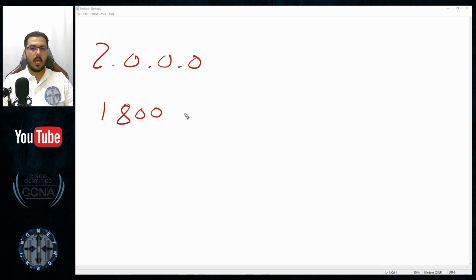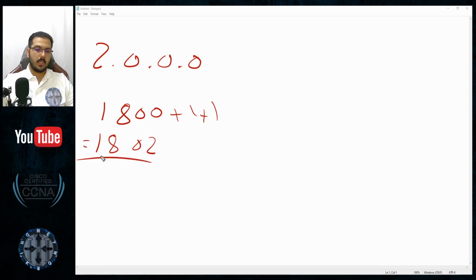So +2 would make it 1,802 employees. And based on the chart, actually, 1, 2, 4, 8, 16, 32, 64,